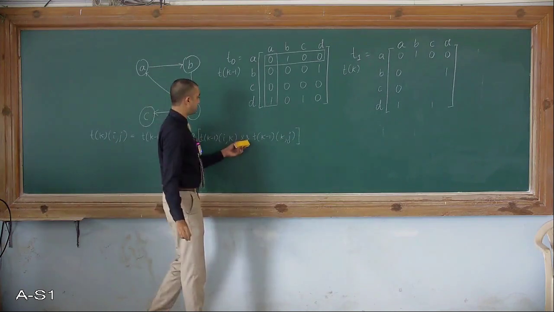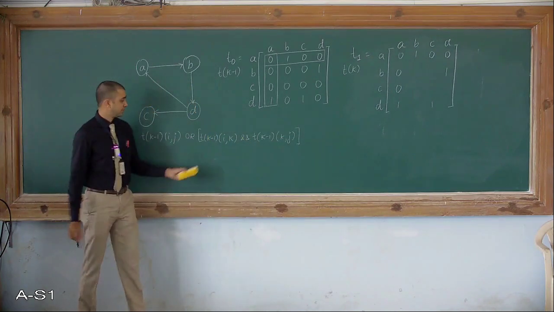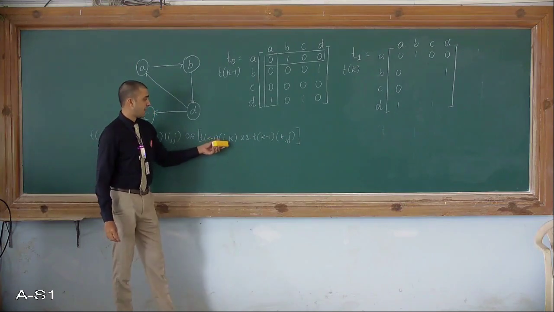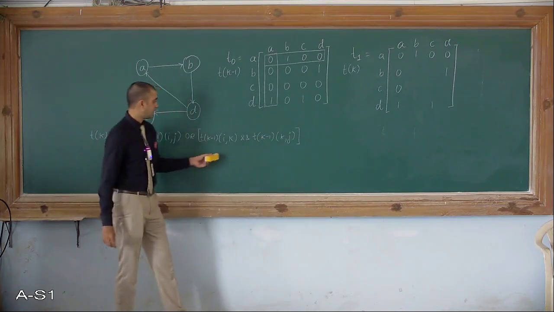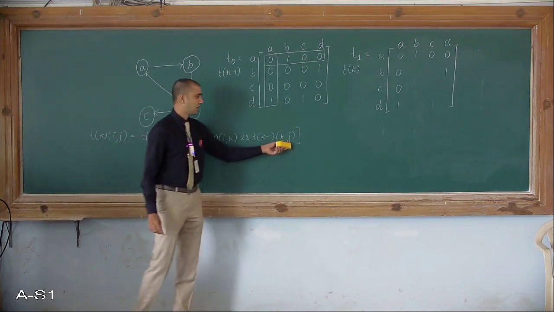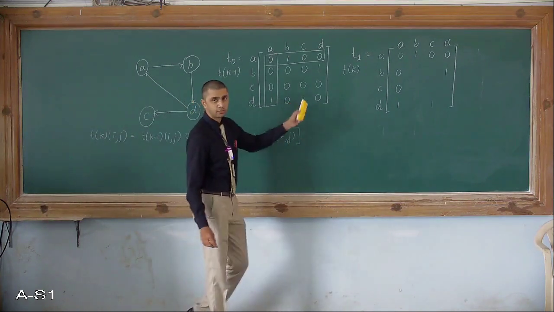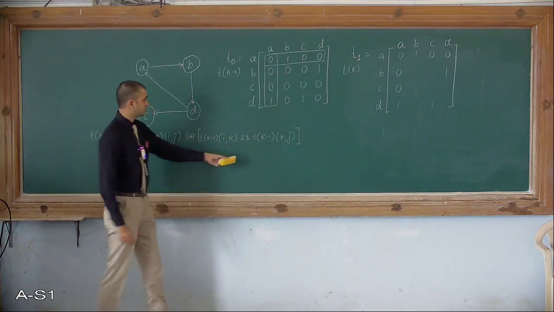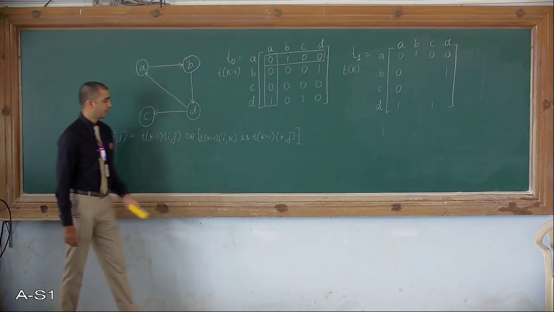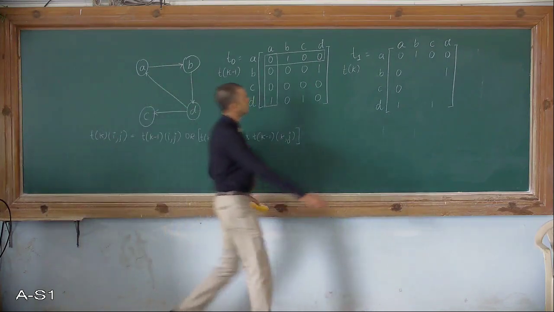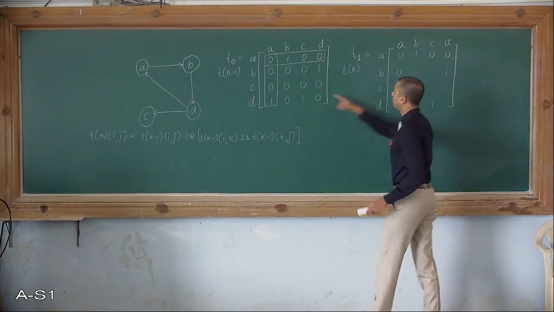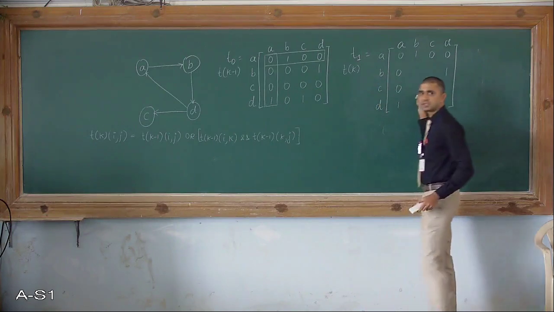Why AND over here? The second rule. If there is an edge from i to k and k to j, only then I can say there is a path from i to j. We had seen it with the help of 3 vertices. So this rule applies there. Alright. So we're going to apply this rule and we're going to try to convert all these zeros to ones in this matrix.